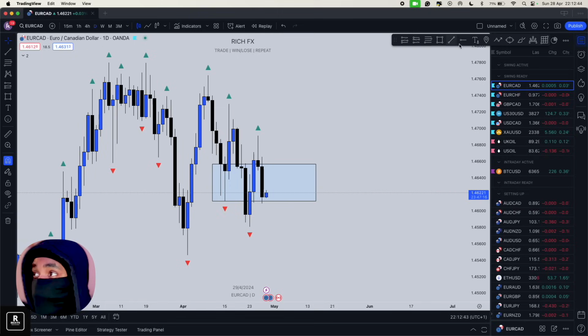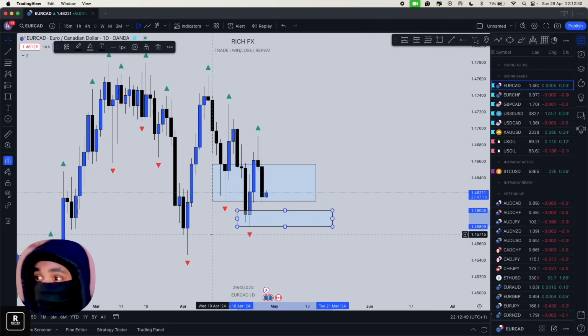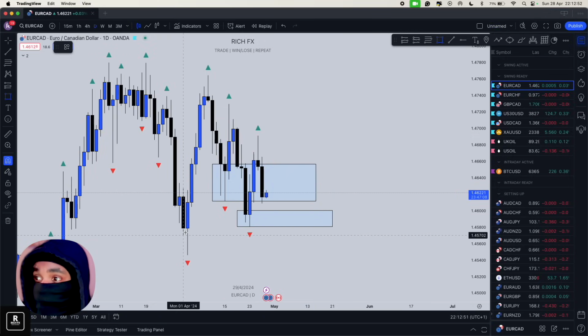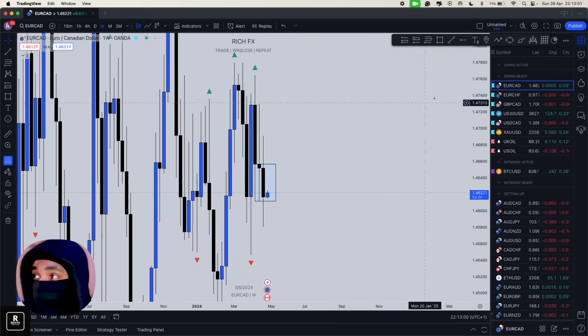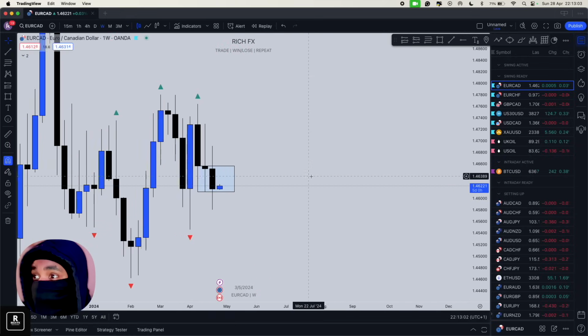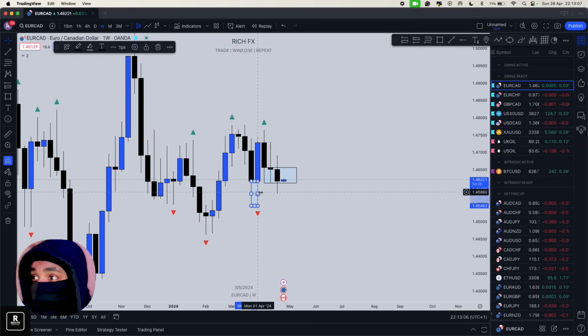We would look for this low down here to be broken to continue to go for sells, or essentially even this low down here, before we continue looking for sells. But for the time being, we're looking for buys. So the daily is bullish, number one. Weekly is also bullish. As you can see, we have a support area over here, and I'll mark this in